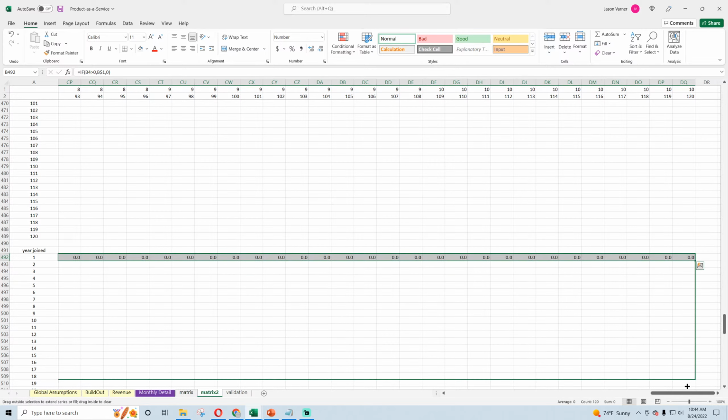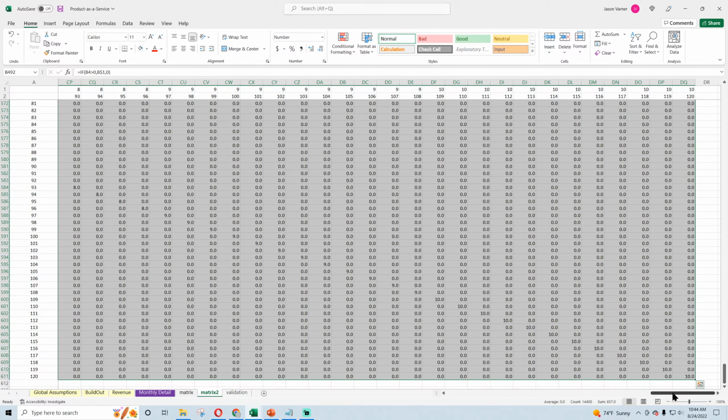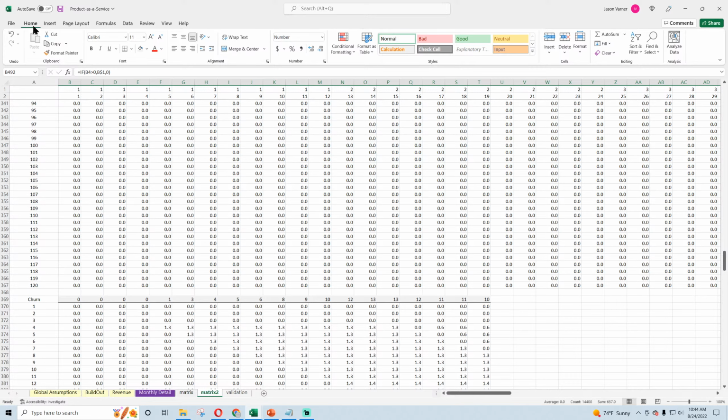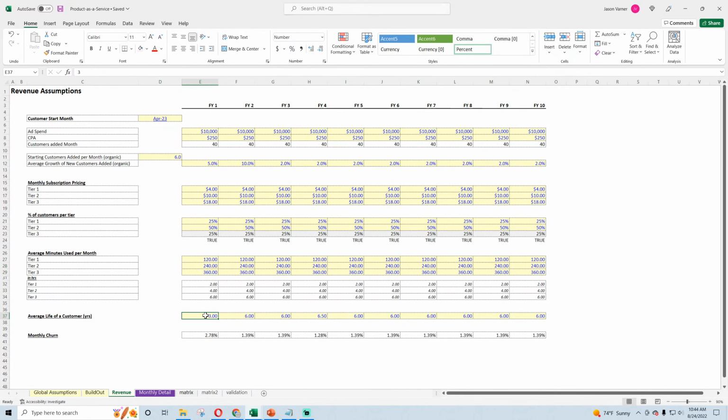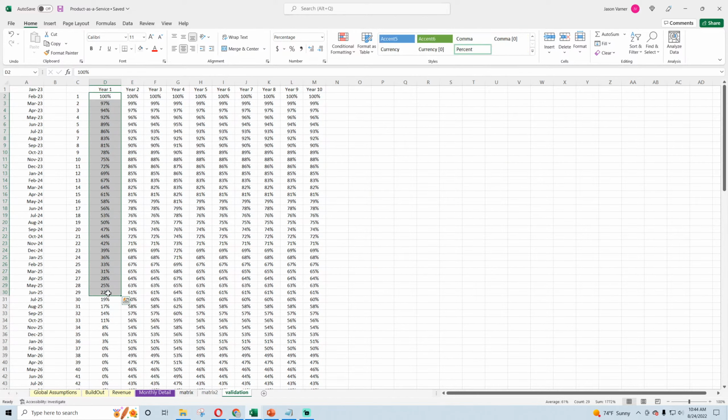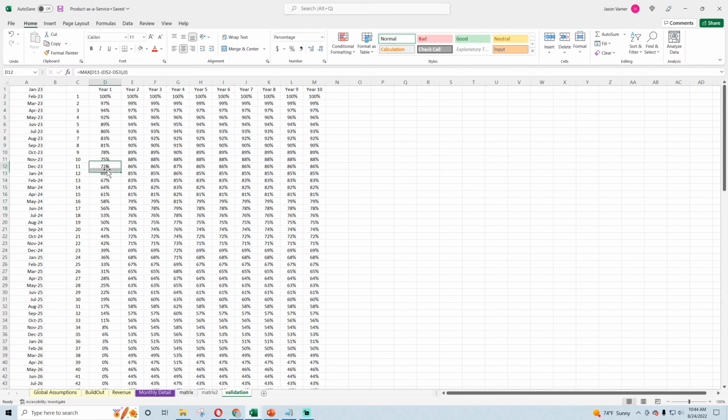And reference that in my other formula. Because we want to look up year 1 for the whole life of that cohort. The churn rate, or the average life, is 3 for every customer that joined in year 1. In year 2, their average life is different. In year 3, it's different. Year 4, it could be different. So we want to know, give me this schedule for everybody in year 1. Even if it's year 6, you still want to know where they're at in their life if they're year 1 customers.